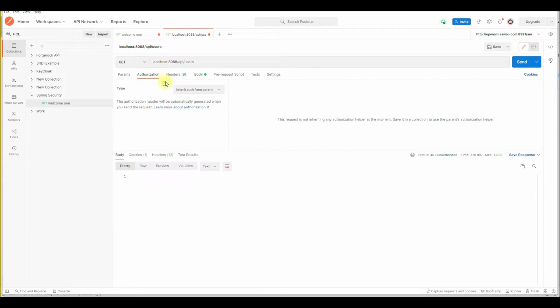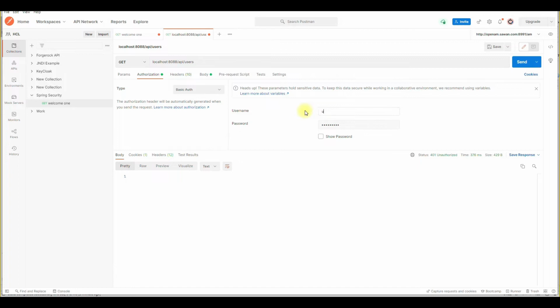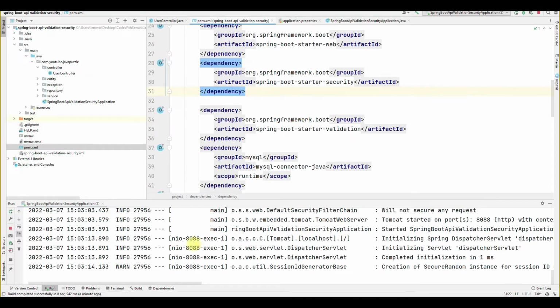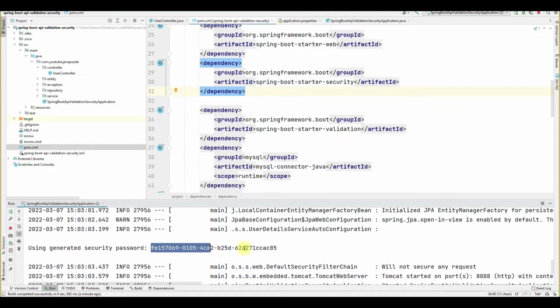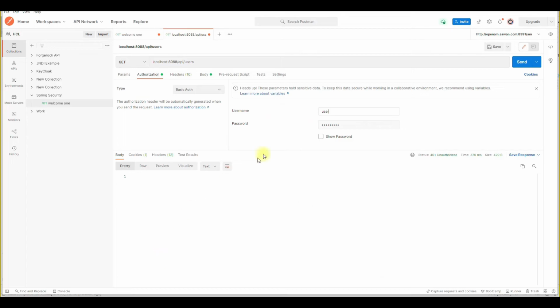In the authorization, if I go to basic auth and pass the user and the password, you will see the generated security password inside the console. When you use this and send it, currently we don't have any data.